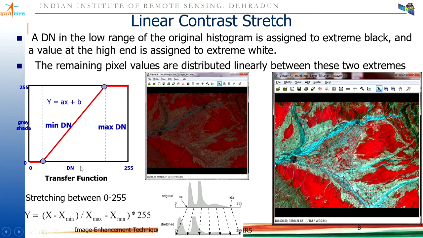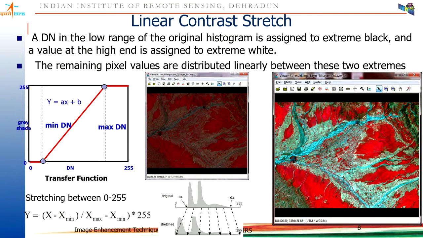As a transfer function, you can use the equation of a line: the smallest input DN value is put to the smallest output gray shade, the maximum DN value is put to 255, and all other values are linearly distributed between these two extremes using the equation of a line, y equals ax plus b.